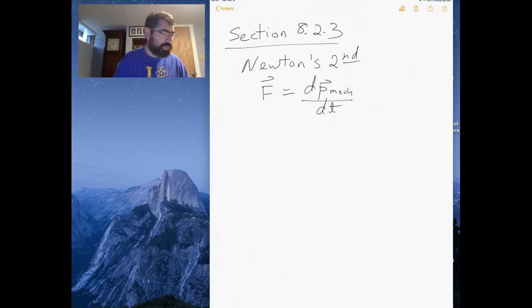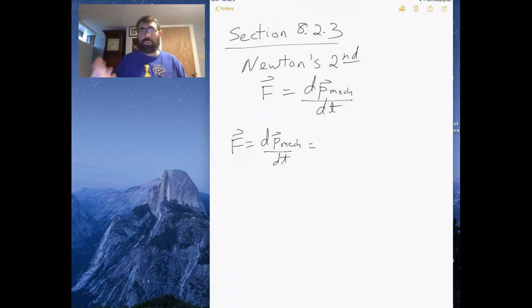So what I could do is write down the force as the change in momentum over time, and I could write down now the force in terms of what we know about fields,